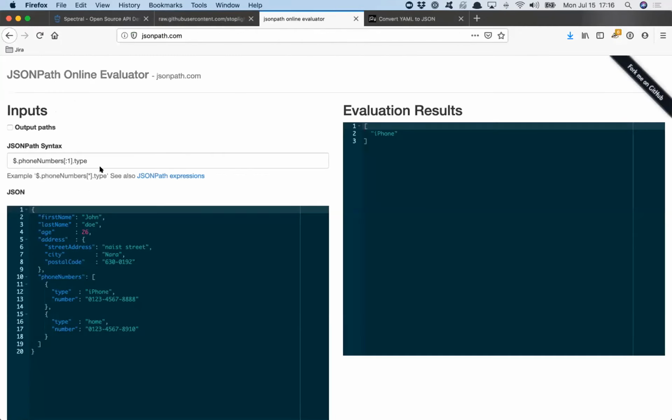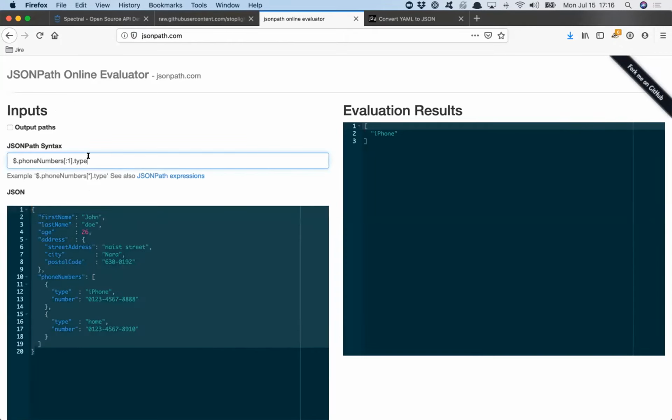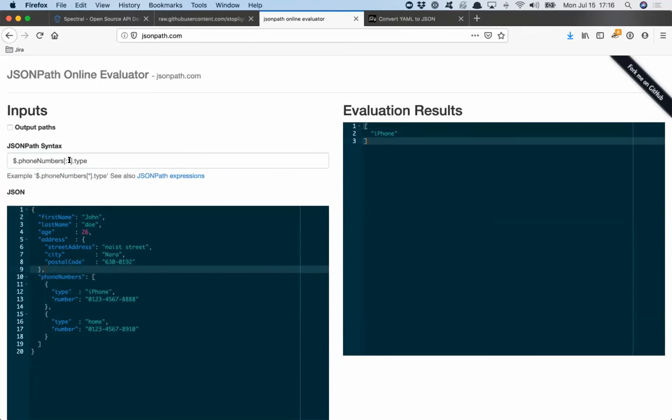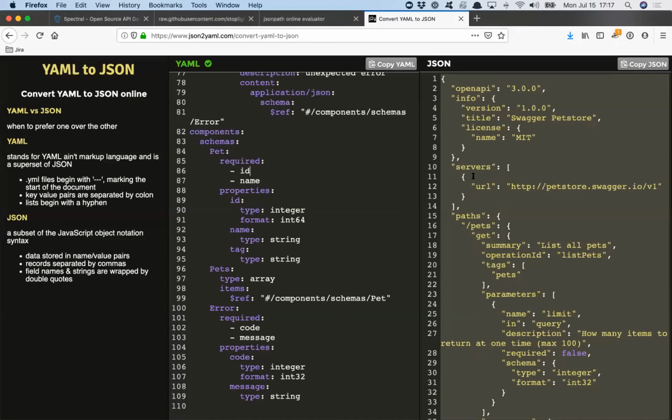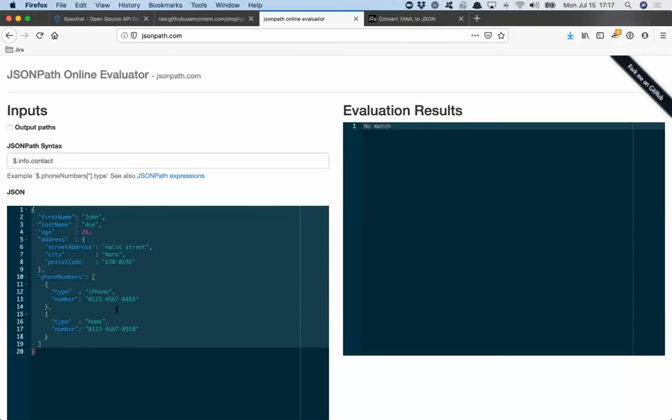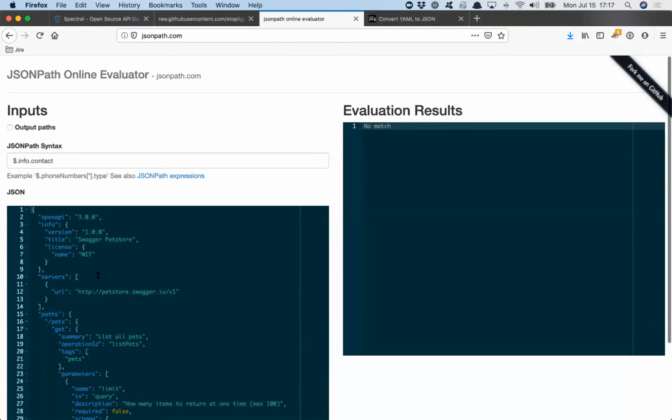So if you want to see how this JSON path stuff works, let's do a quick little demo. It's JSONpath.com. It's a really cool website. You can just look at any chunk of JSON, then apply a path to it, and then it will show you results on the side here. So what we're doing here is saying, look at the phone numbers, and we're going to take everything from 0 to 1. Jeez, that's loud. I apologize. And what this is doing is just fetching you data, kind of like SQL, right? Gets a bunch of stuff. So what we can do is use this JSON path. Obviously, that doesn't exist. But if we consider that our specs are just JSON or YAML converted, and we look at all this, then this looks there.